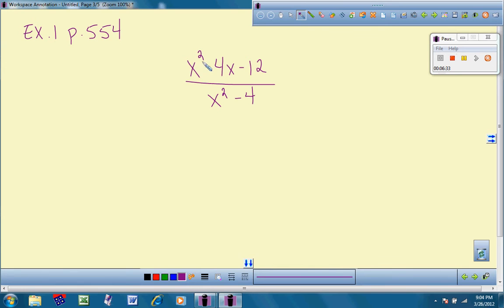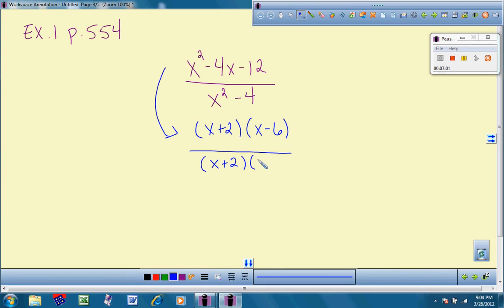If I factor my numerator, what you end up with is x plus 2 times x minus 6. Positive 2, negative 6 gives me the negative 12, and when I add them I get the negative 4 that I need. And x squared minus 4, if we factor that, we get x plus 2